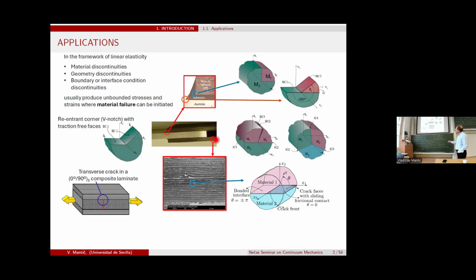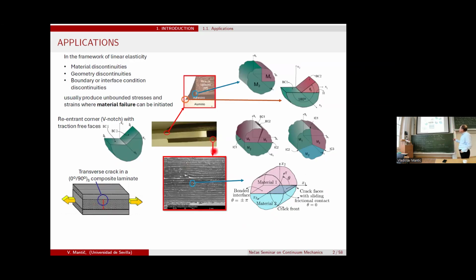In this composite lamina, there is a crack between two parts of the lamina, and there is the possibility of friction there. So this is also the topic of this talk, where we have frictional contact on the two faces of the crack. There is a last example of a transverse crack in a 90-degree composite lamina, where this transverse crack is ending at the interface between the 0 and 90-degree laminas. In all these